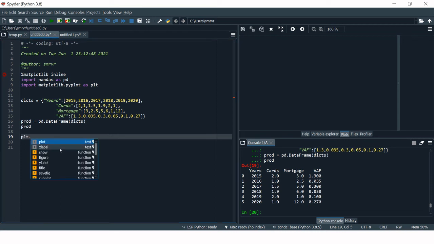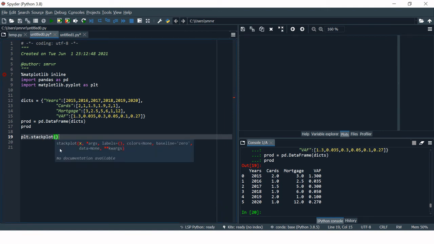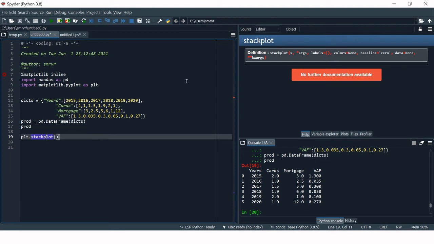We say plt.stackplot, and if you want to see what all the arguments are, just click over this and press Ctrl+I. So here it says provide the X value which you want to show on the X-axis, then arguments, then labels, colors, baseline, data, etc. and kwargs. Kwargs stands for keyword arguments, right?